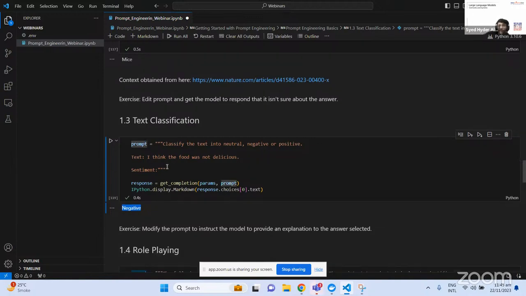Here we are giving it just a zero shot example, because we are not giving it any example right here.